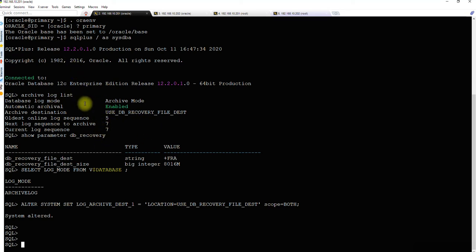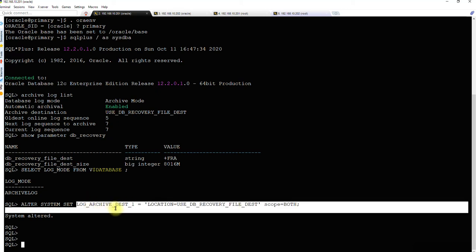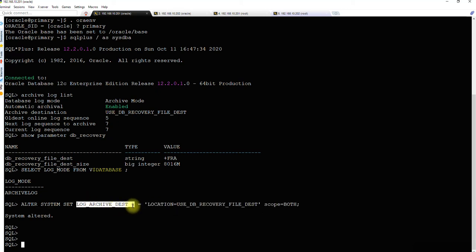But here, while installing the database, I used the check mark to enable the archive log, and used the archiving location the same as the location of db recovery file dest. So now the backup as well as the archive logs backup will be pointing to the same location. I don't want that, and for that reason I am modifying it and pointing it to the log archive dest one, so that any archive logs generated will be generated in this particular location.